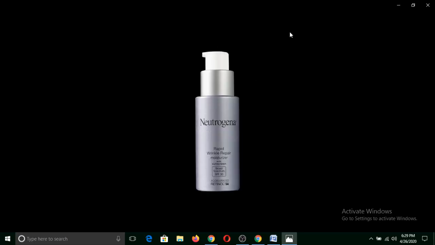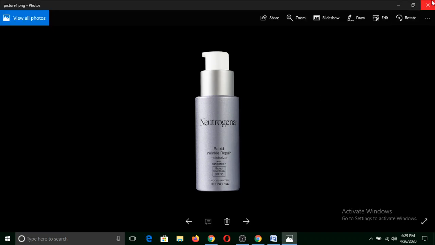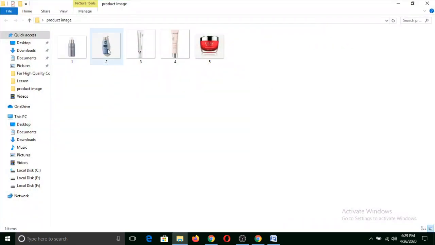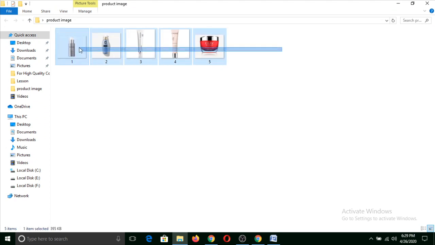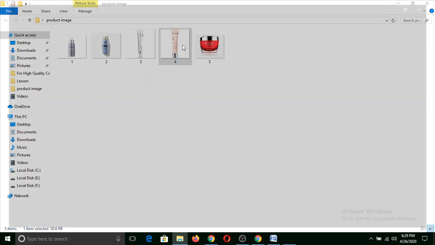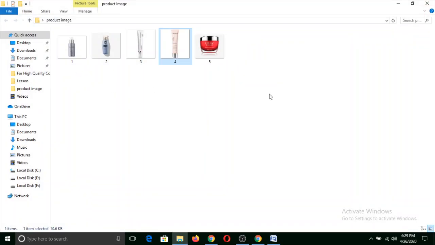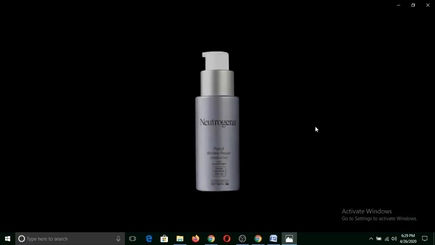So similarly you can download various images of all your products first. I have already downloaded all the product images. As you can see here, I have all 5 product images here. One thing is necessary, that you select the image that has either a white background or no background.